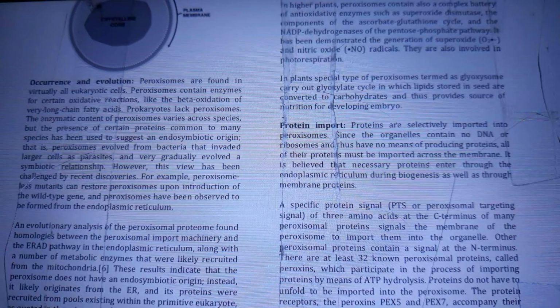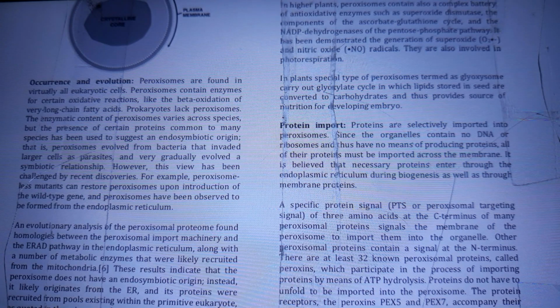Occurrence and evolution. Peroxisomes are found in virtually all eukaryotic cells. Peroxisomes contain enzymes for certain oxidative reactions, like the beta oxidation of very long-chain fatty acids. Like prokaryotes, the enzymatic content of peroxisomes varies across species, but the presence of certain proteins common to many species has been used